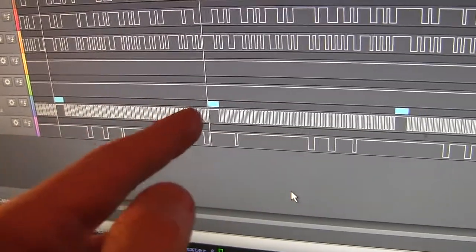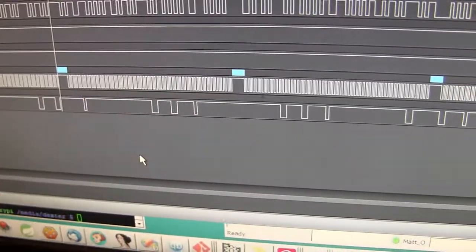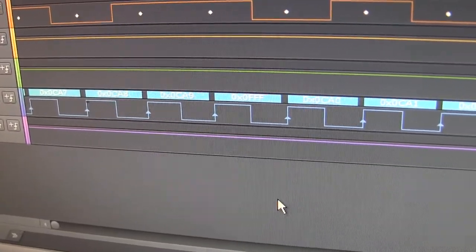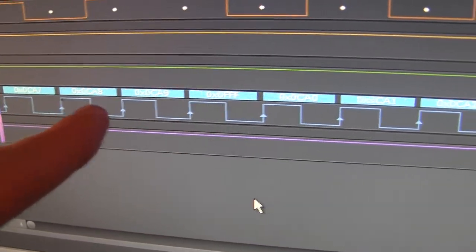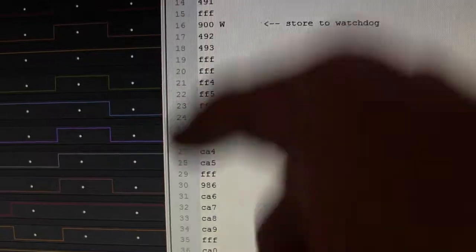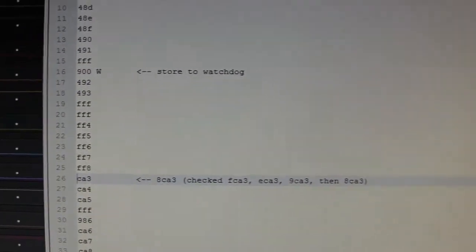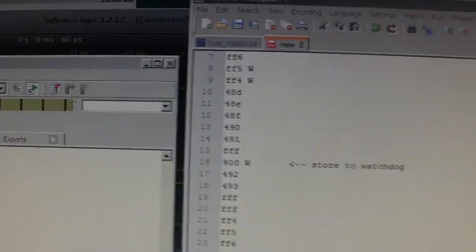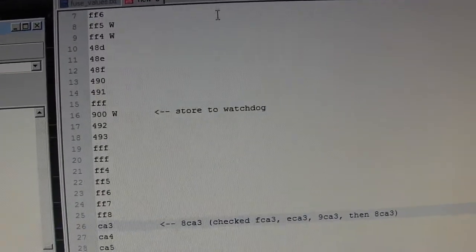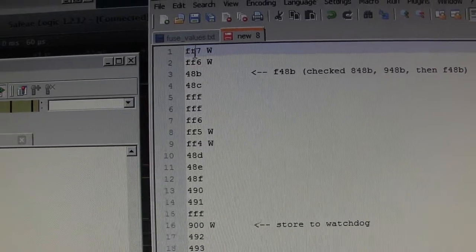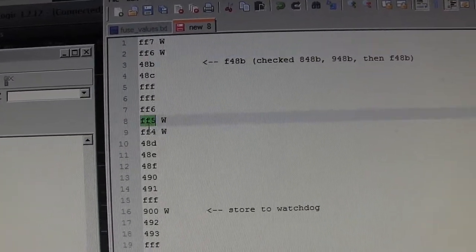But for now, I'm going to dig into these repeating writes and try to see if I can figure out where in the ROM it's looping. Okay, I think I figured it out. So I took all these 12-bit addresses and put them into a text file in descending order. And then I went to the ROM program disassembly, and the first address that I wanted to look at was, well, there's these addresses like FF7, FF6, FF5, FF4, and